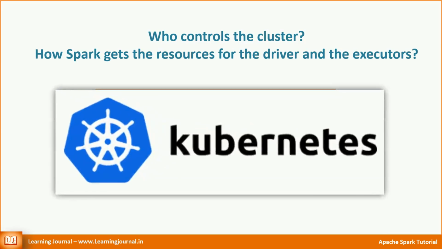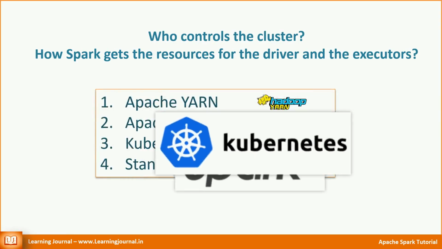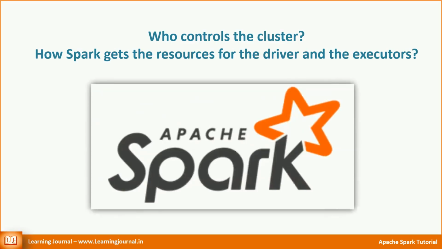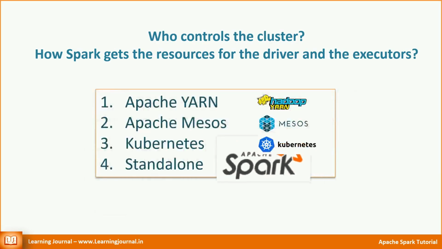Kubernetes, I won't call it a cluster manager. In fact, it is a general purpose container orchestration platform from Google. Spark on Kubernetes is not yet production ready, but the community is working on it. Finally, the Standalone. This one is a simple and basic cluster manager that comes with Spark and makes it easy to set up a Spark cluster very quickly. I don't think you would be using it in a production environment. No matter which cluster manager we use, primarily, all of them serve the same purpose.